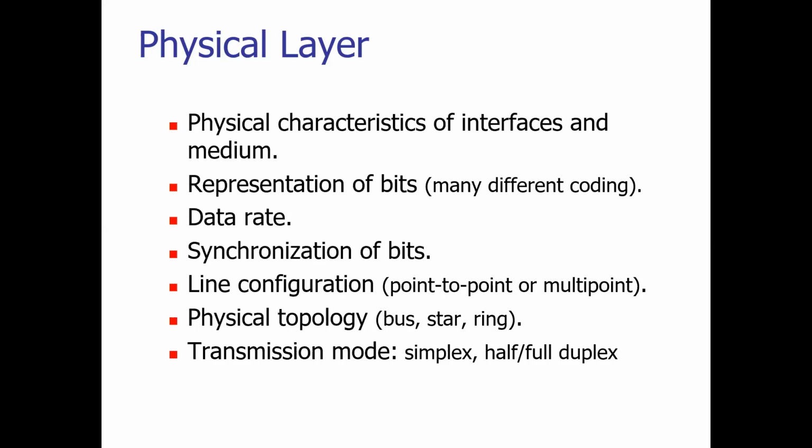In a similar manner, whenever you find data that is bit 0, 1, you need to represent it in terms of signals. That will be taken care of from one system to another system. So that is very important with respect to your presentation. That representation of bits will be taken care of with respect to your physical data. Next one is data rate. How much data has been sent? In a second, how much data can be sent? That is nothing but your rate of data.